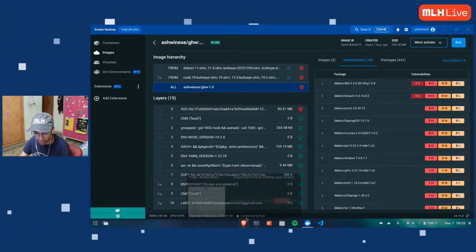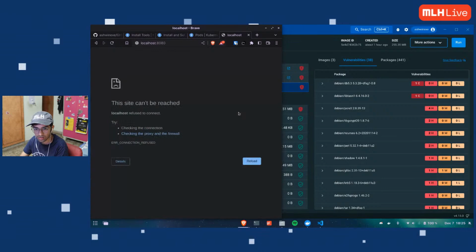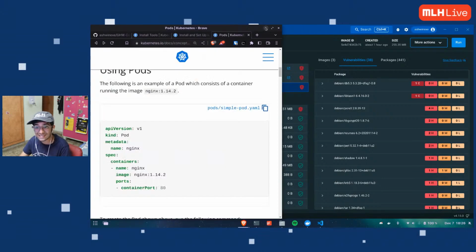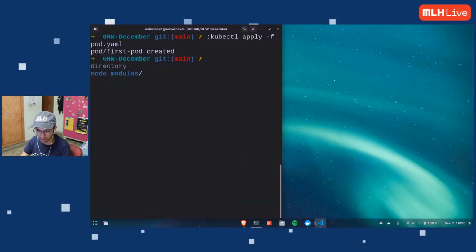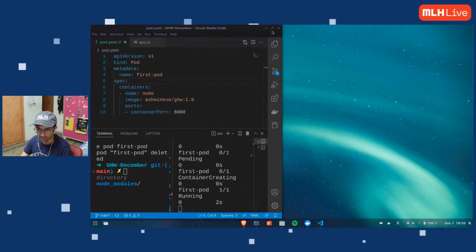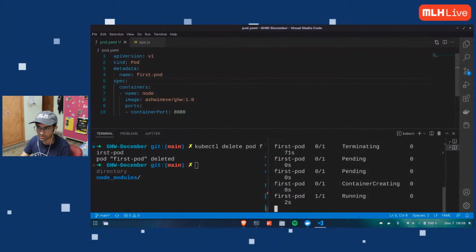But if I open localhost right now, obviously it won't work because it's running inside the pod. All right, I need to find a way to expose that and show it in my browser. This is done. So far so good. Let me just expand this. Cool stuff. It's working so far. I have my pod running. Now what I want is to expose this. How do I do that?